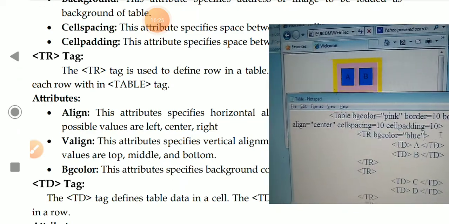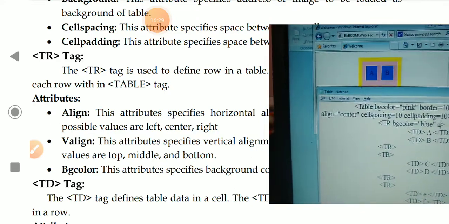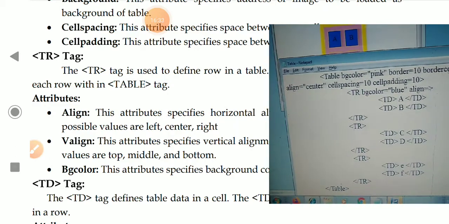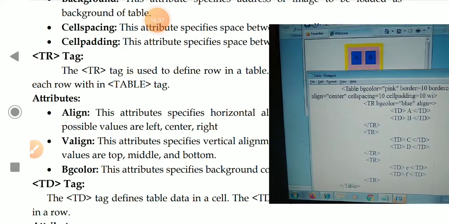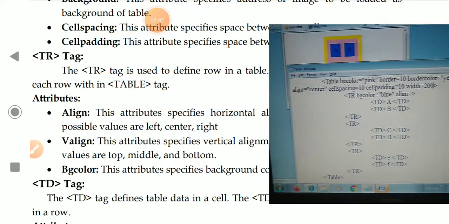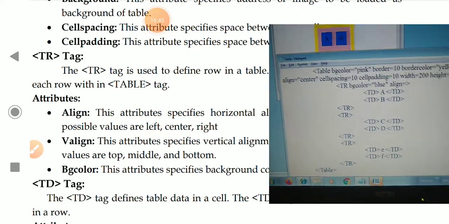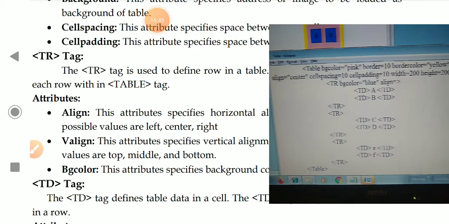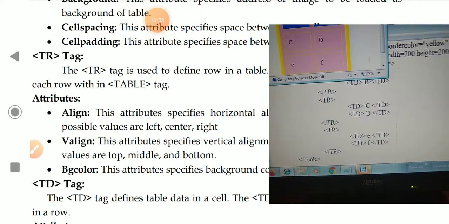Okay, next, align and v-align. Align assigns the value for horizontal alignment. To show the difference for the align attribute, I am taking height and width also. So this is a table.